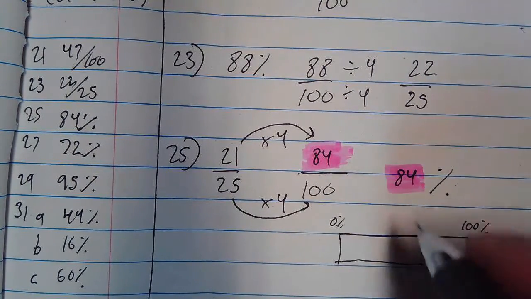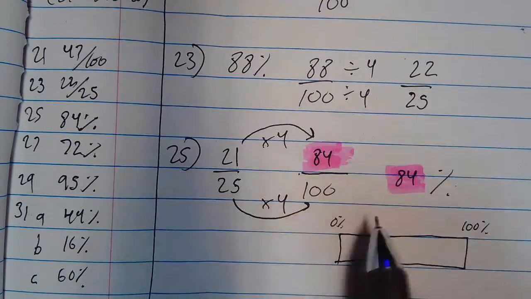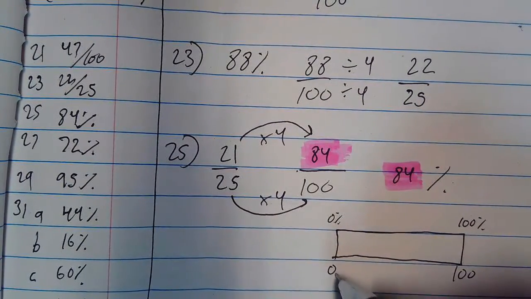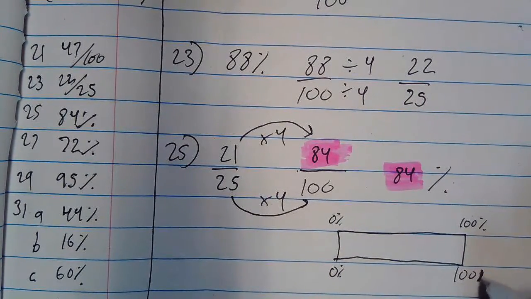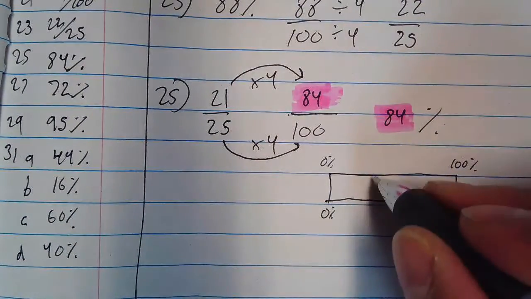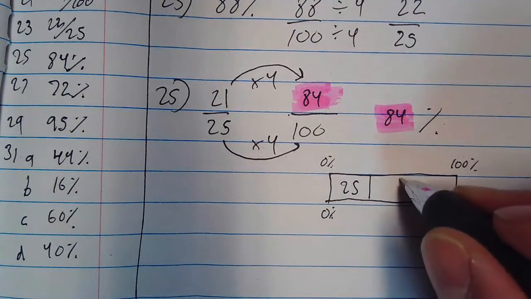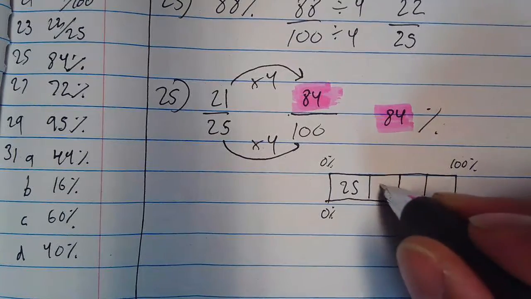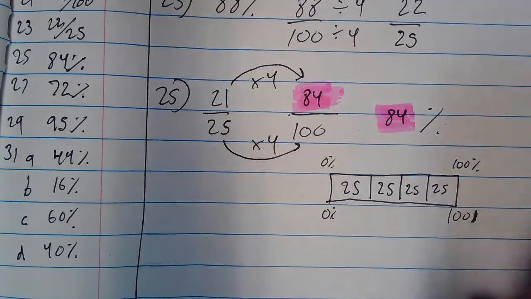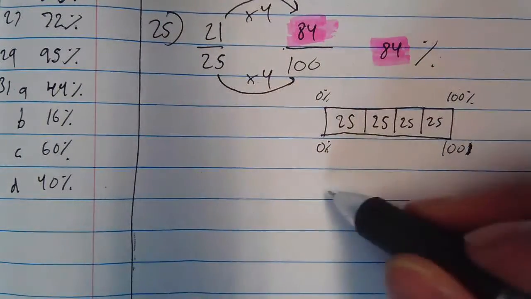Okay. 25. 25. How many groups of 25? And by the way, you know what? Let's think of it this way. I just want to show 2 things. If I'm making groups of 25, how many groups of 25 do I need to get to 100? I need 4, right? So 21 to 25, if it's a ratio,